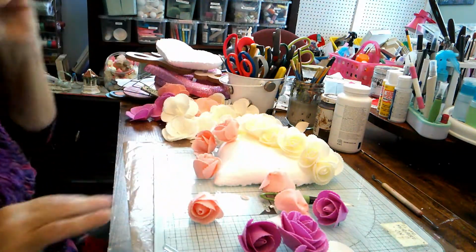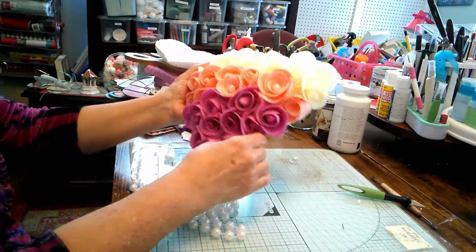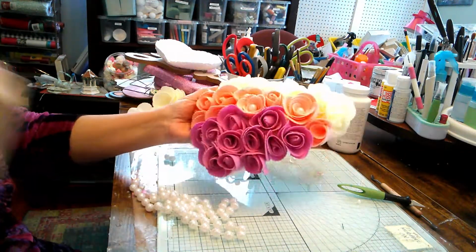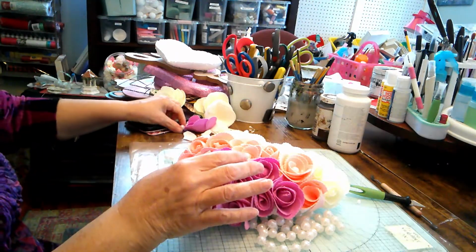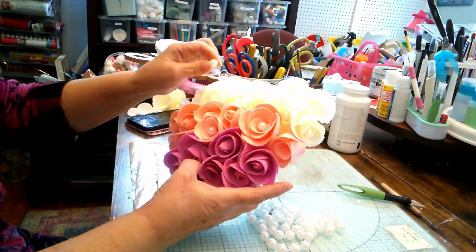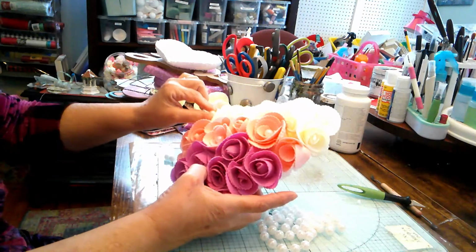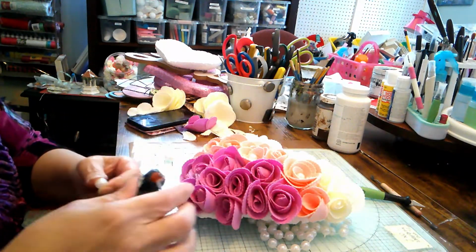Alright, so let me put these all together. So that's what it looks like finished. I love the ombre. And now I have these pearls left over, so I'm cutting them up, and I was going to put them in every rose, but I think maybe just the open ones. I don't know. But basically just taking some hot glue,